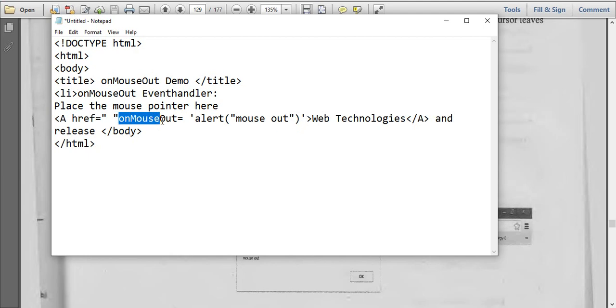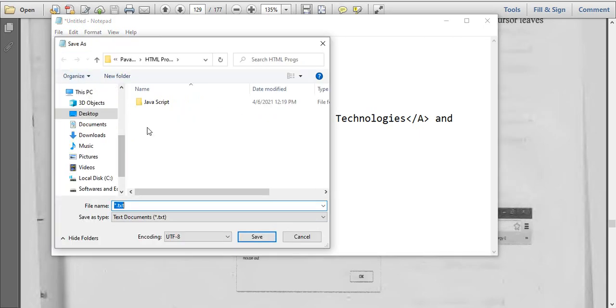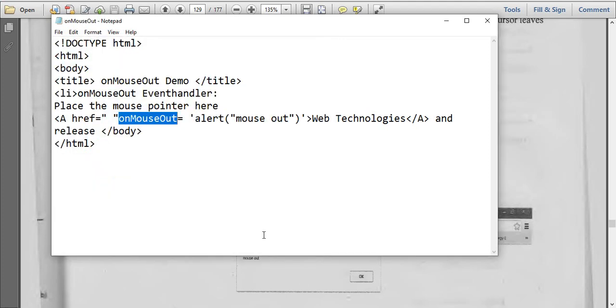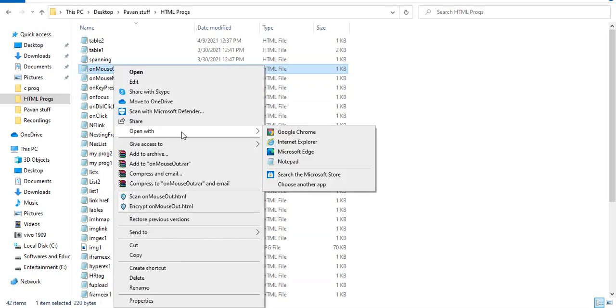On mouse out. Control C, save, Control V, .html. On mouse out, right click, open with browser.